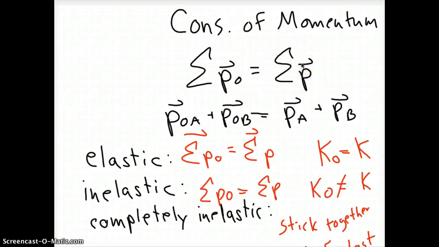So it depends on the system. The total might be a golf club plus a ball, plus the golf club plus the ball. Before and after are always equal. It could be football player A, football player B, football player A, football player B. Okay,